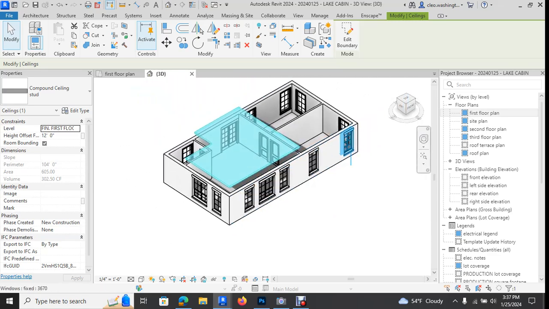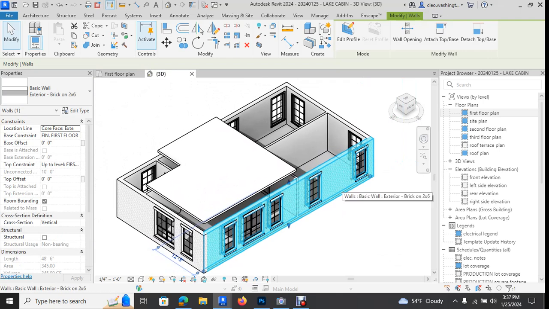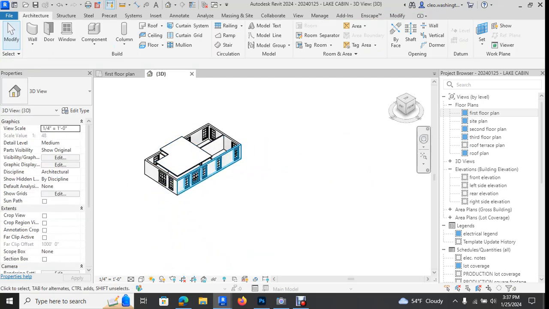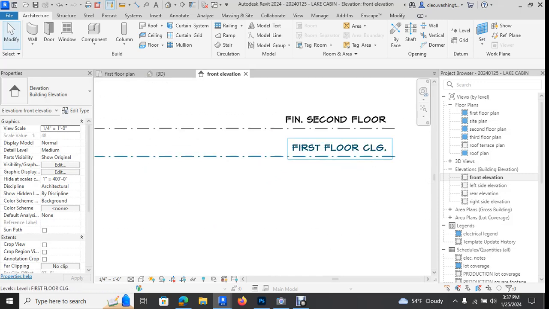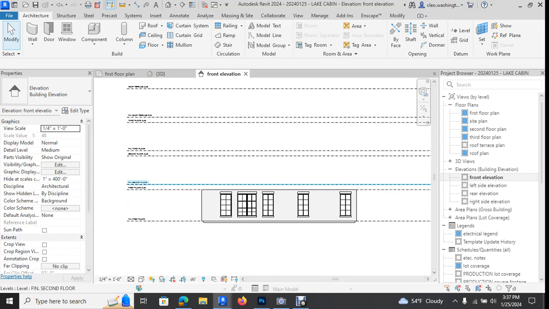Now, what's happening is our walls, we just drew them in. We didn't give them a height or a value, okay? The top constraint is up to first floor, okay? Let's go to the front elevation. Let's see. Yes, okay. So we have levels set up already, okay? So what you want to do is,